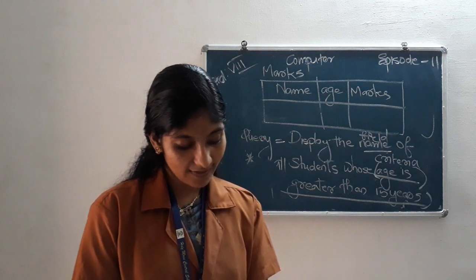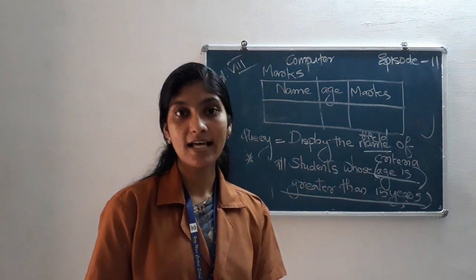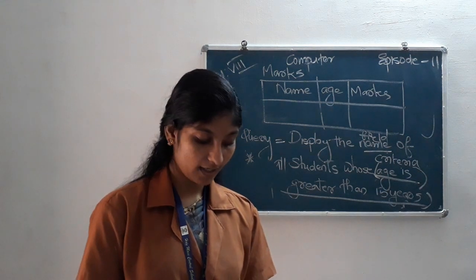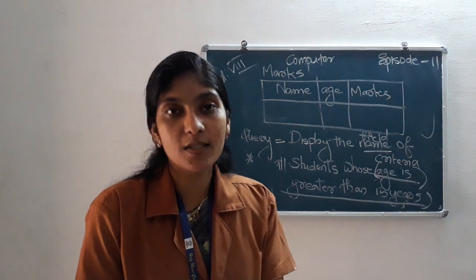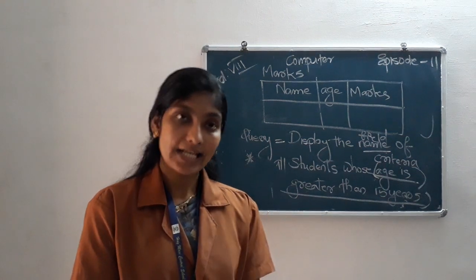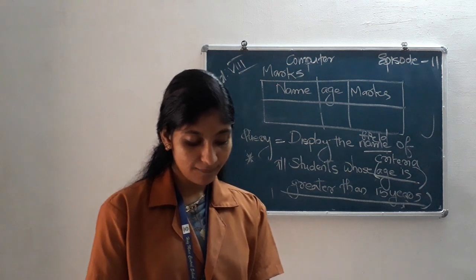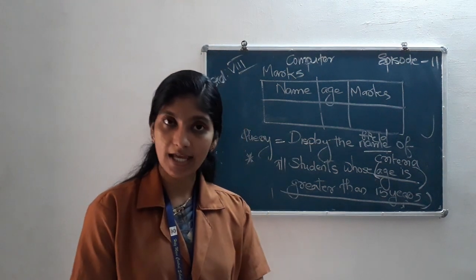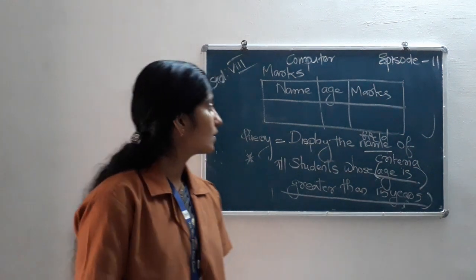Next, saving the query. Now save the query so that it can be executed later. How to save the query? For that, click on the close button on the query box. Then a Save As dialog box appears, and enter a name for the query. Here we enter the query name math and click the OK button.